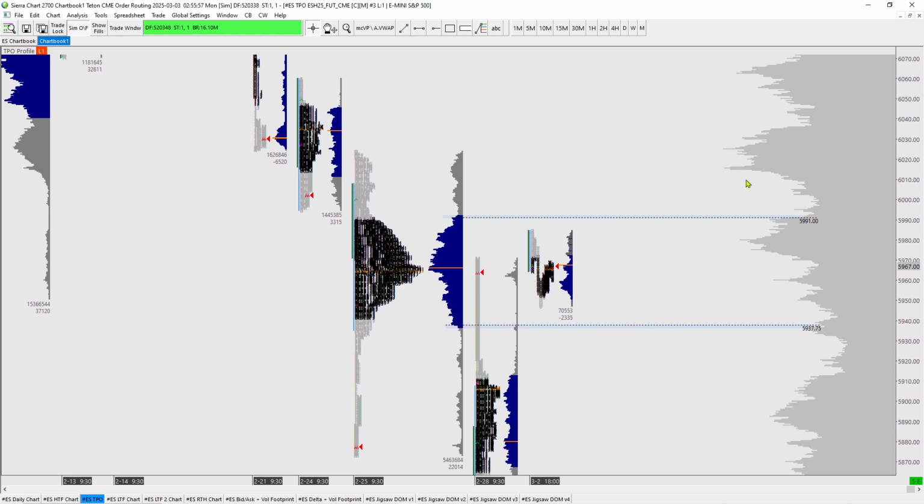Okay. What I'll use is the larger profile right here to my right, and find peaks and valleys in that profile to define targets. So you can see there's a big gap right here. Low volume, but if we get to the extreme of low volume, which is like this little cliff, this little shelf right here,